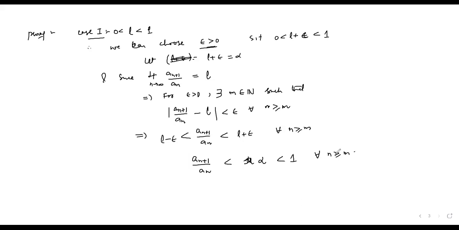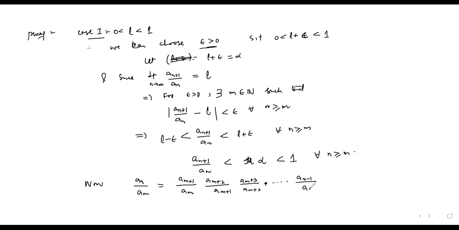So we take the values of n. Now if you look at this number, a_n divided by a_m can be written as a_{m+1} divided by a_m, into a_{m+2} divided by a_{m+1}. We go up to m, and this and this cancel. Similarly, a_{m+3} divided by a_{m+2}, and so on, multiplying the product up to a_{n-1}